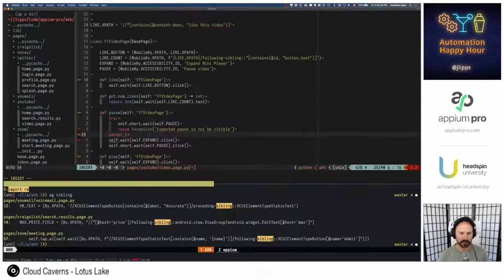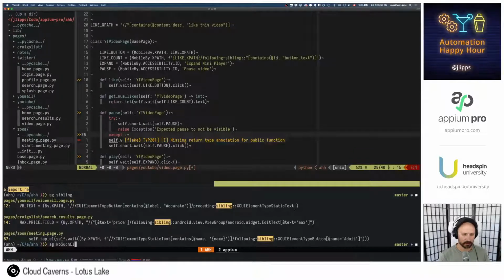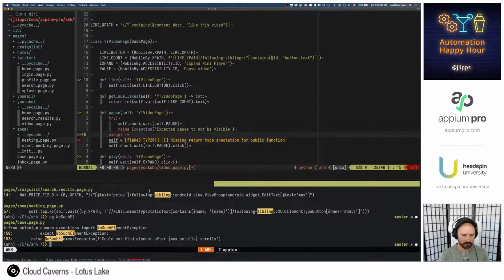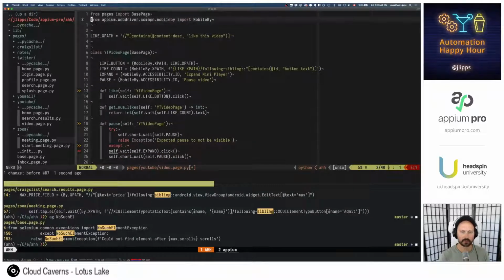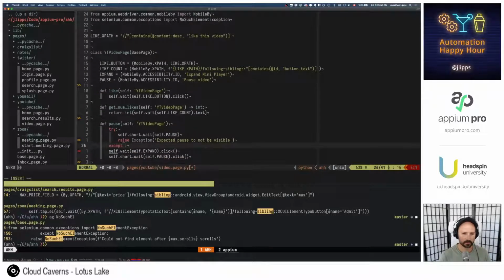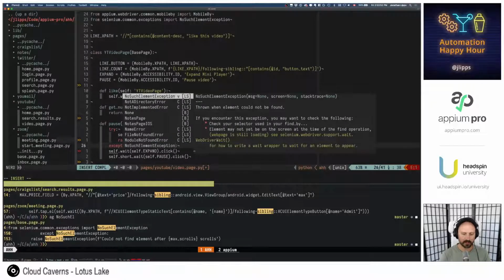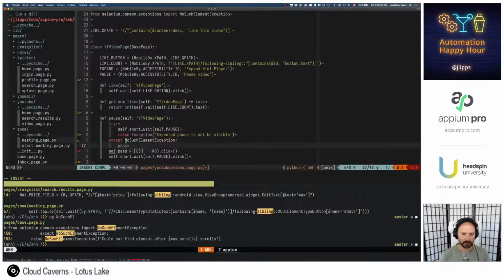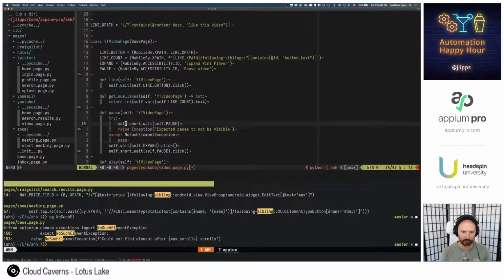And then we need a no such... Right, I want to import no such element exception. But if we get a no such element exception, then we're good. So here's what we're saying. Basically, we're saying if we can find the pause button, oops, let's not do this.